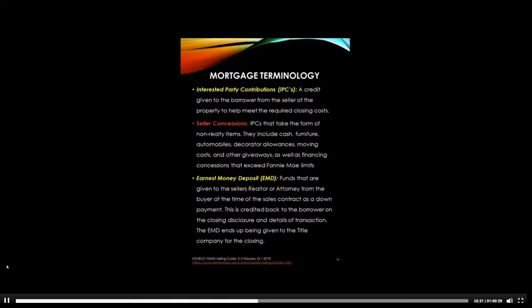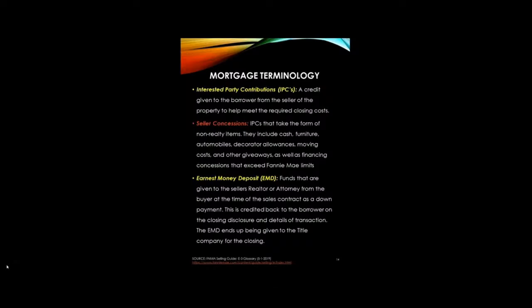IPC, which stands for interested party contributions, is a credit given to the borrower from the seller of the property to help meet the required closing costs. Then you also have a seller concession, which is the IPCs that take the form of non-realty items. Sometimes, when it says cash, they can never give physical cash on a loan. It's also used as credit towards closing costs,